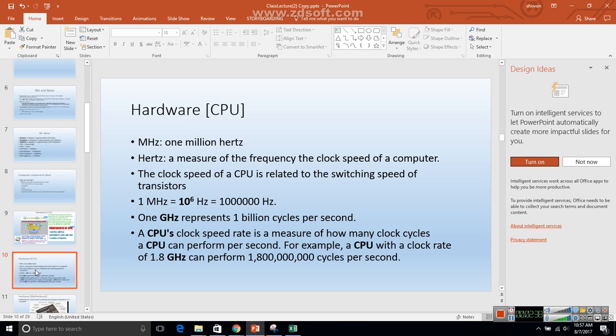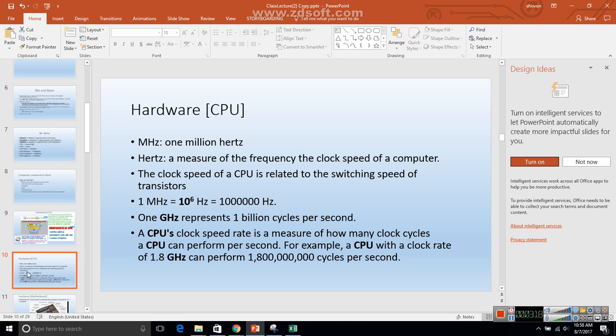Okay, so about CPU, one more important thing that we discussed. What is hertz? Hertz is cycles per second, and that implies it takes 1 second to turn the register on and off. So it will go to 0 value and 1 value on the register, and that basically represents 1 hertz. And